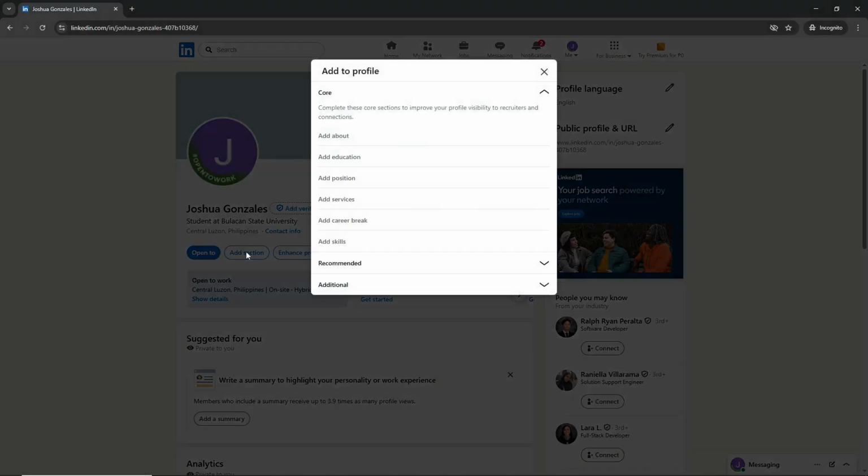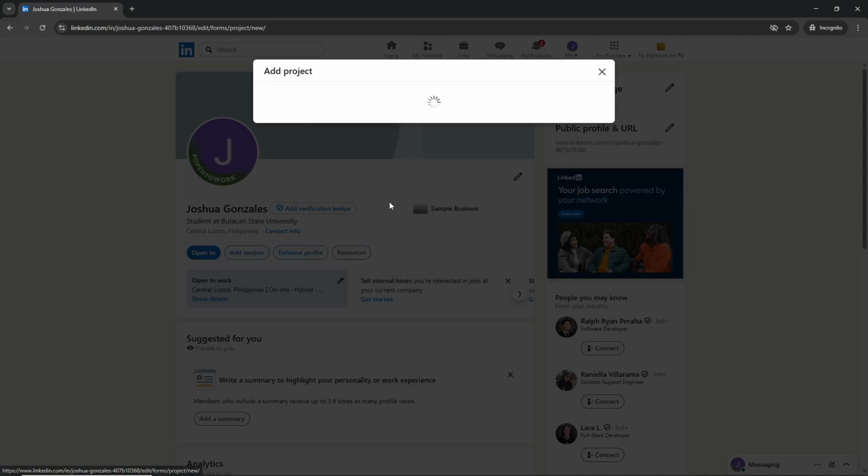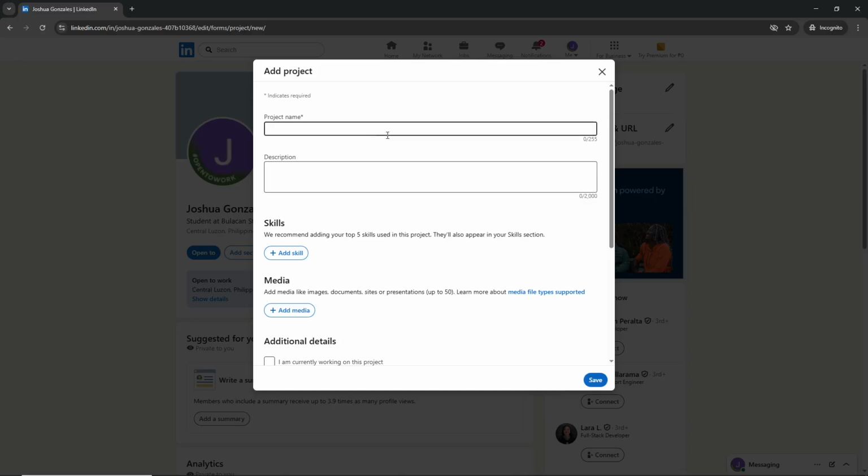A menu will pop up with different options for what you can add. From this menu, click on Recommended. LinkedIn groups the most commonly added sections here to make it easier for you to enhance your profile with relevant information. Next, you'll see an option that says Add Projects. Click on it. This opens up a form where you can input all the details about a project you've worked